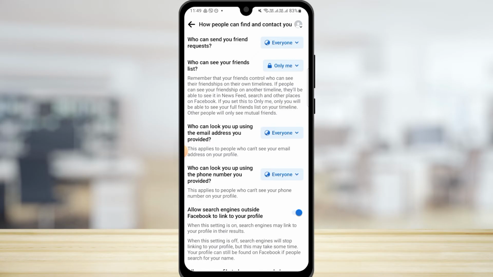Once you have set the audience to only me, only you can view your friends list and your friends list will be completely private. So this is how you can make your friends list private on Facebook,